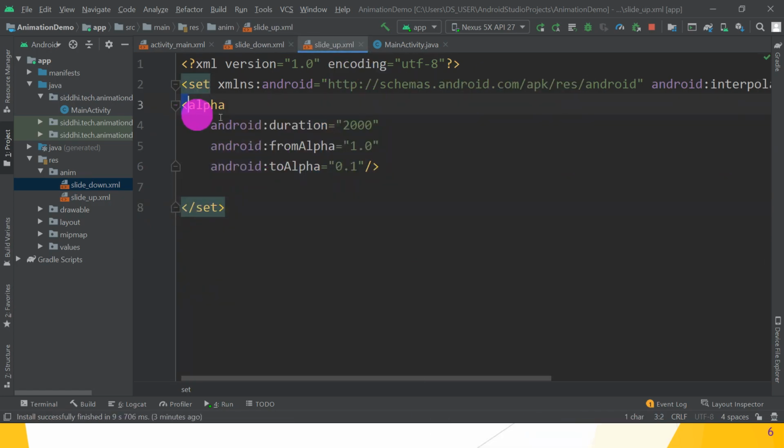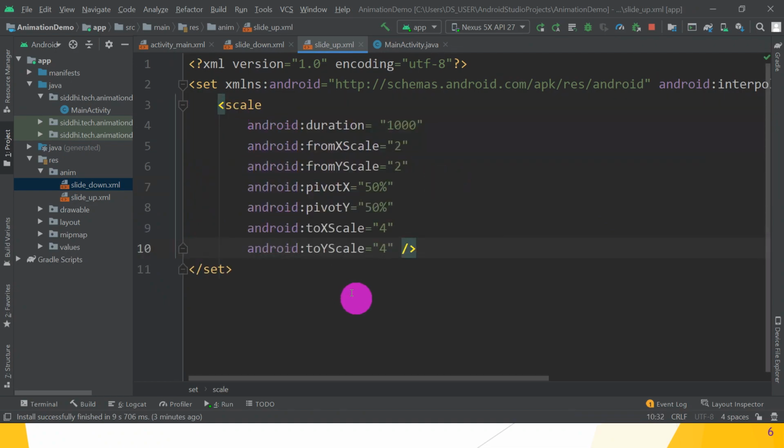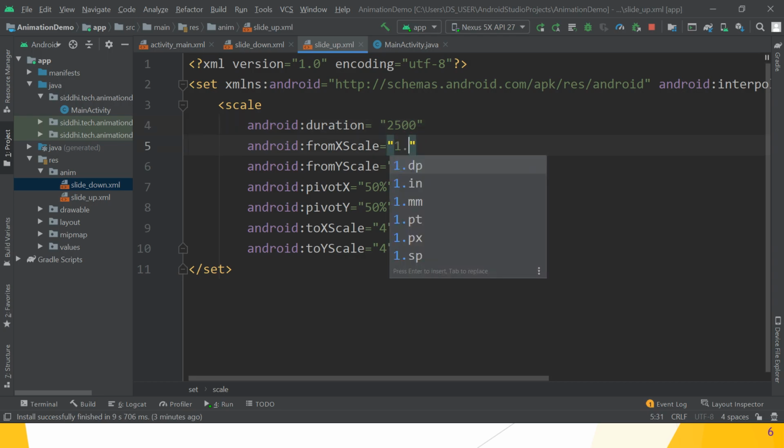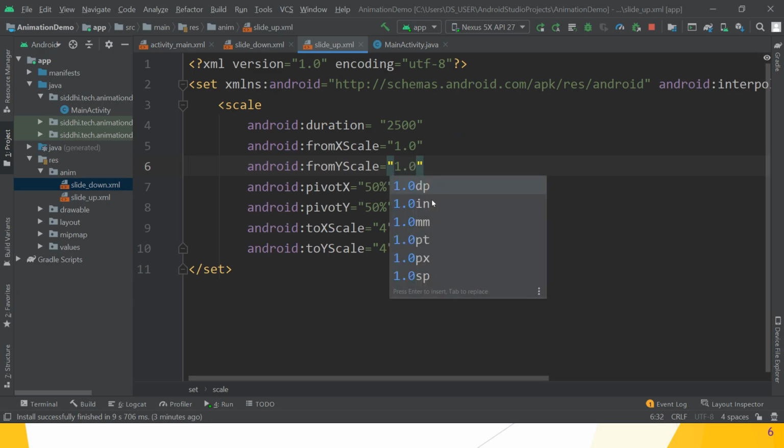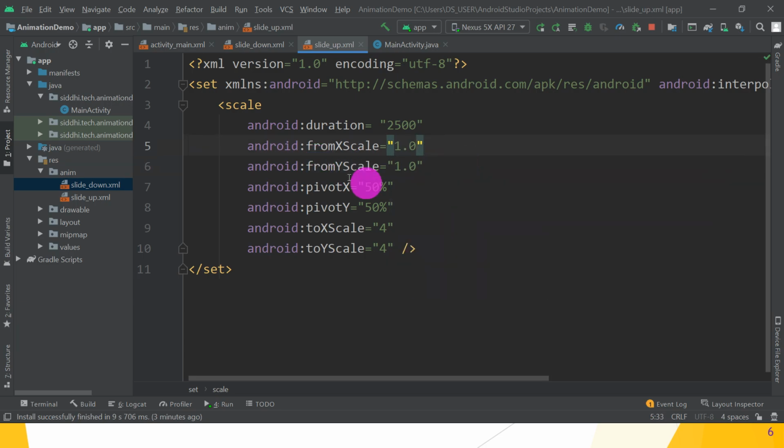Instead of alpha, you can paste the scale tag. And make the changes: the duration, as well as instead of 2 we have to write 1.0 for fromXScale and fromYScale.